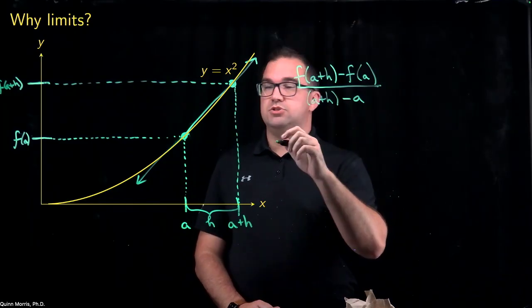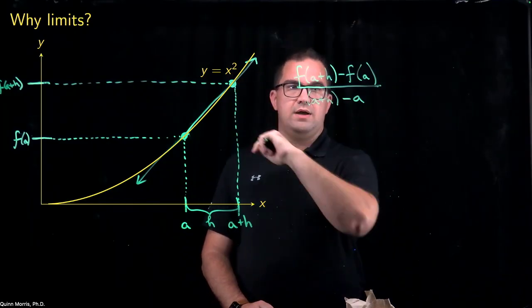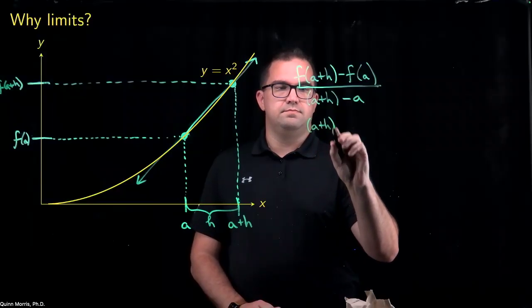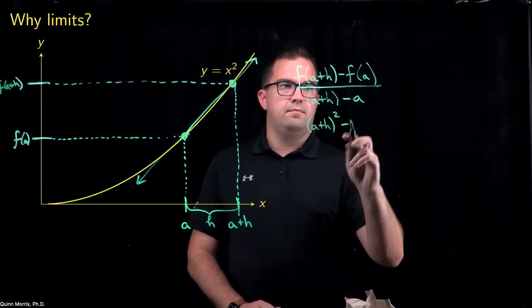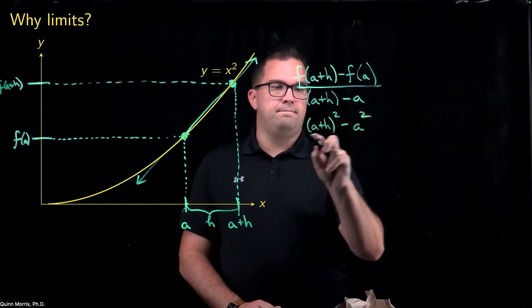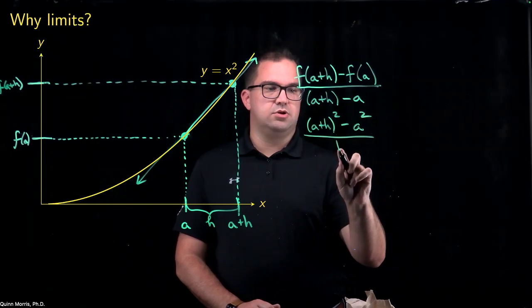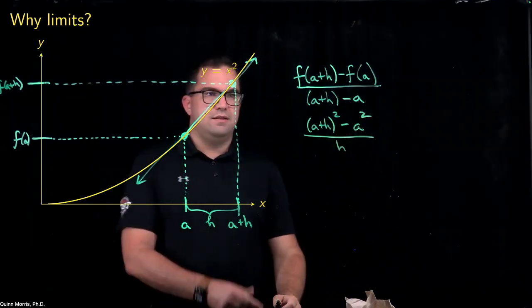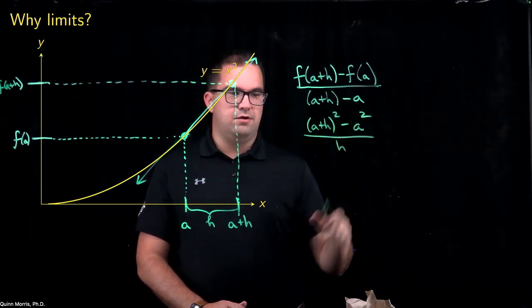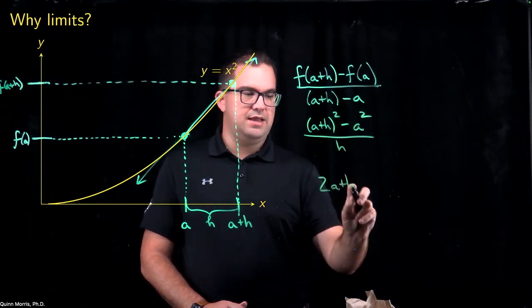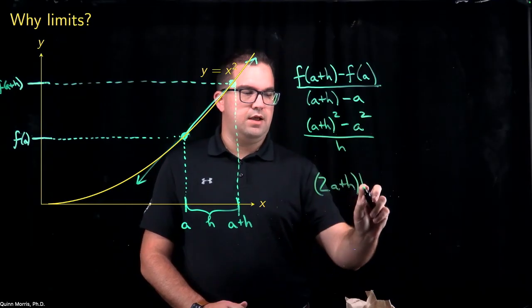My function is just y is equal to x squared, so this is just going to be a plus h squared minus a squared, all over a plus h minus a, which is just h. And if you FOIL this out and simplify, you'll end up with 2a plus h times h